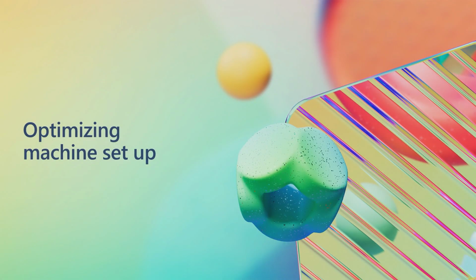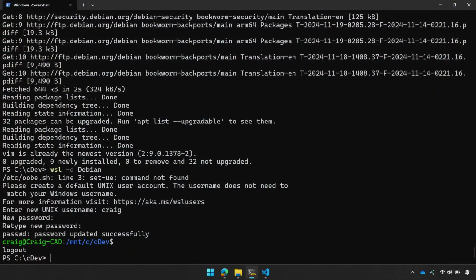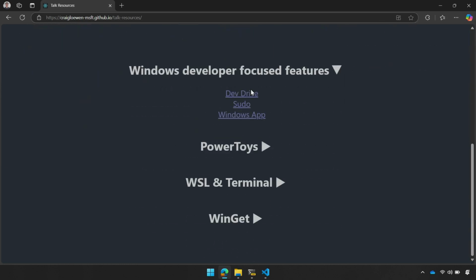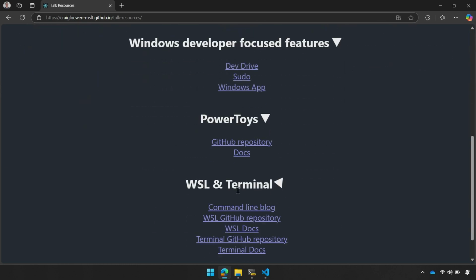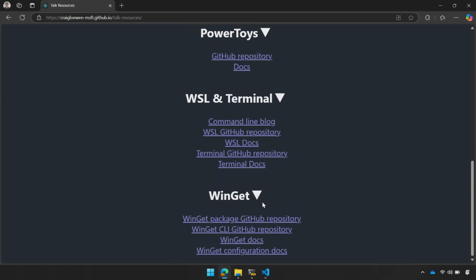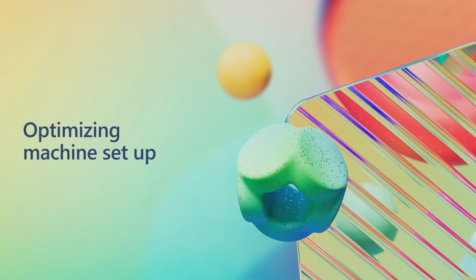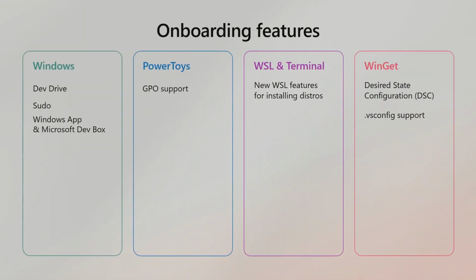And oh, there's one more thing that I wanted to show. We just showed a lot of different features. And one of the points of this talk is to make it really easy to not forget or worry about this. You don't have to be worried about taking notes or anything like that. We have a link at the end that will show this website. It has links to everything that we've talked about. So everything that we'll mention today, you'll be able to go find links for, and we'll have it at the end. So definitely don't feel overwhelmed, because we're going to go back to the slides and show this summary of what we chatted about so far.